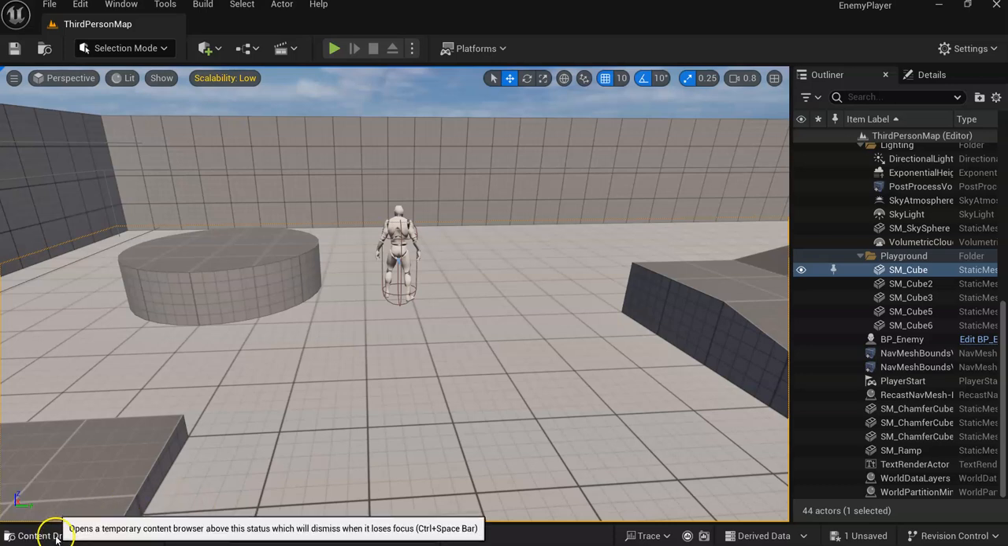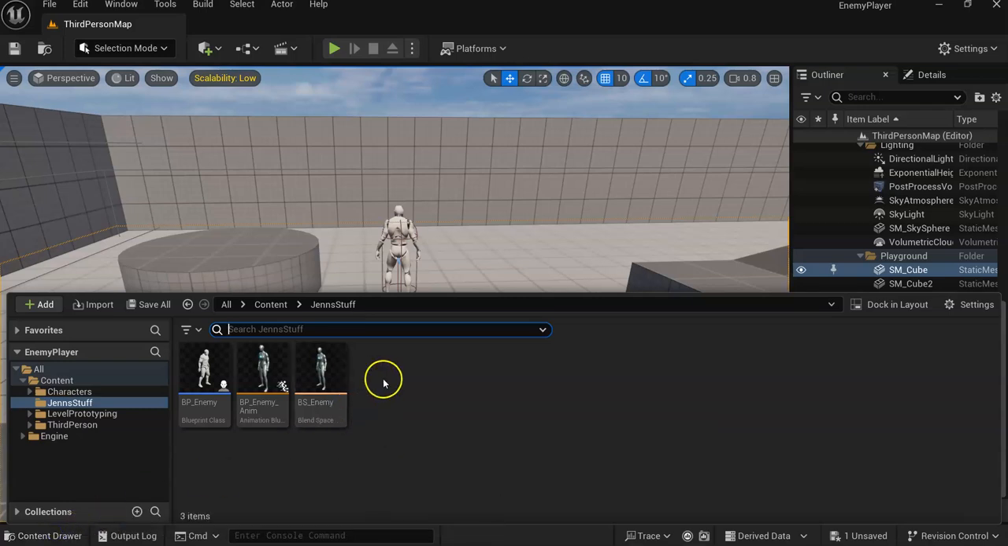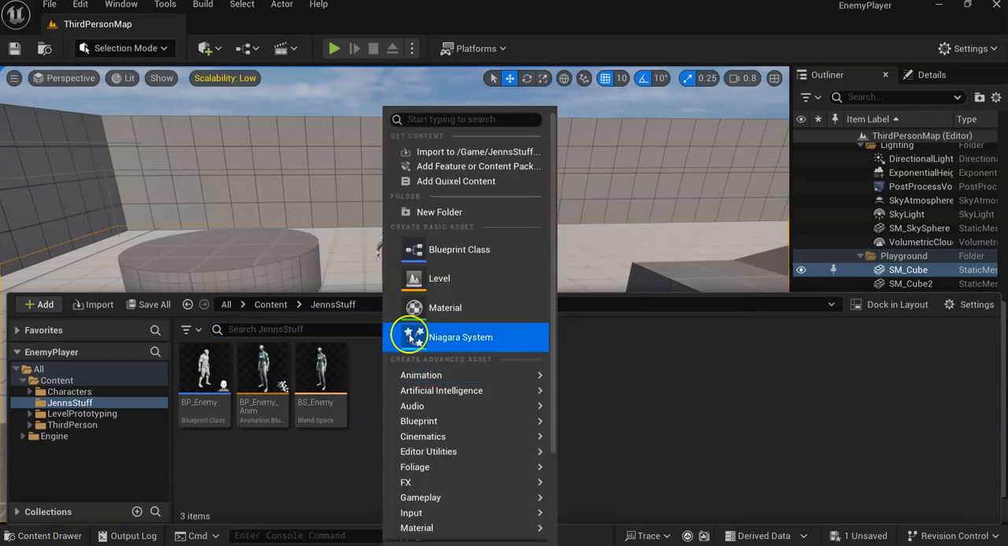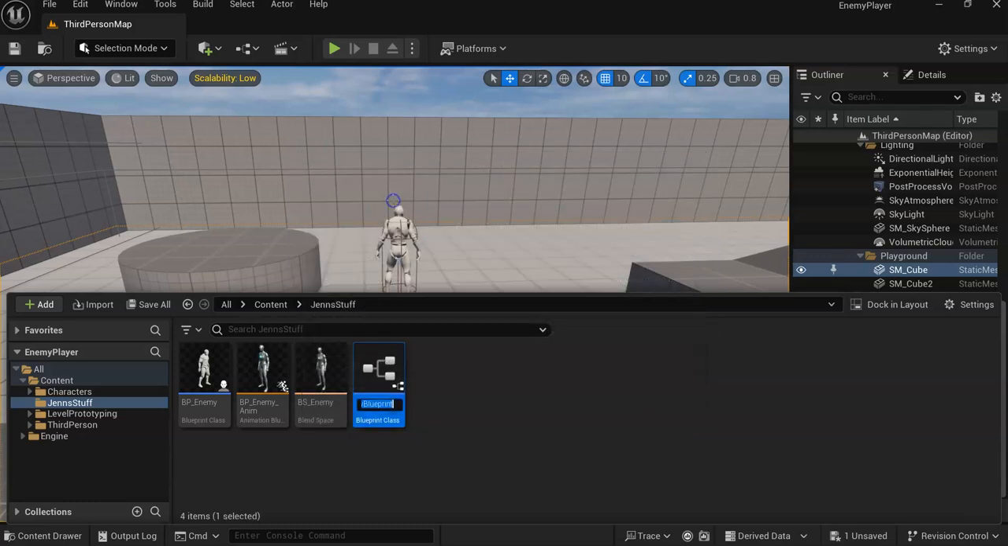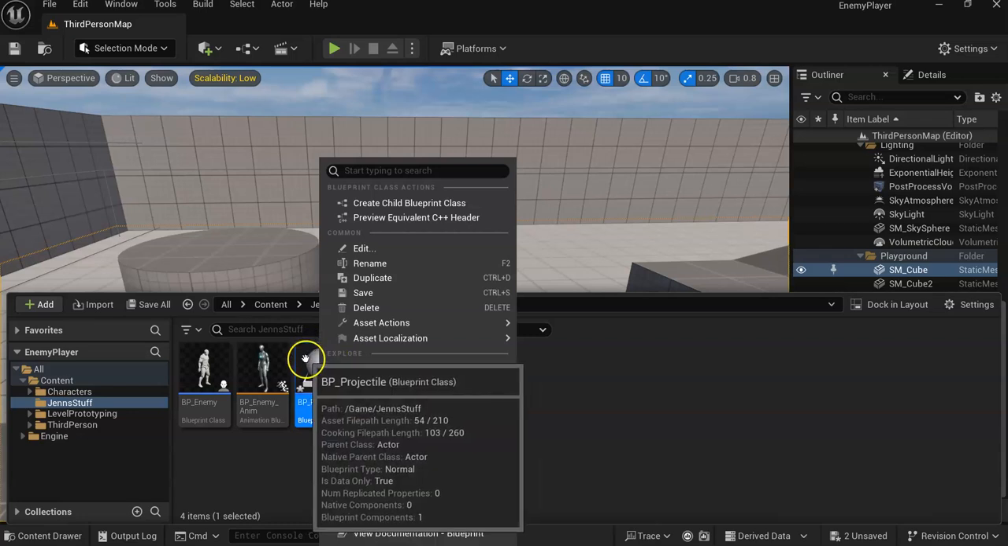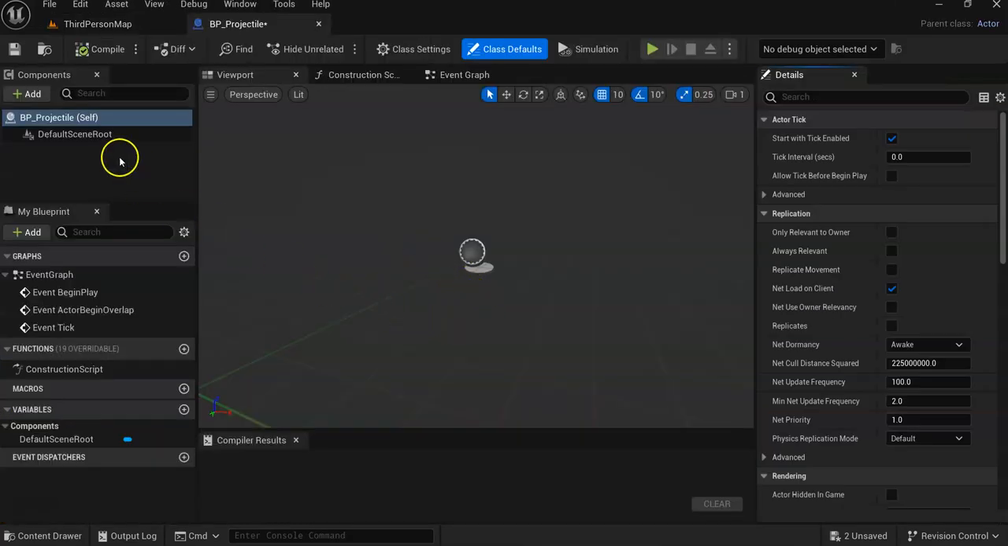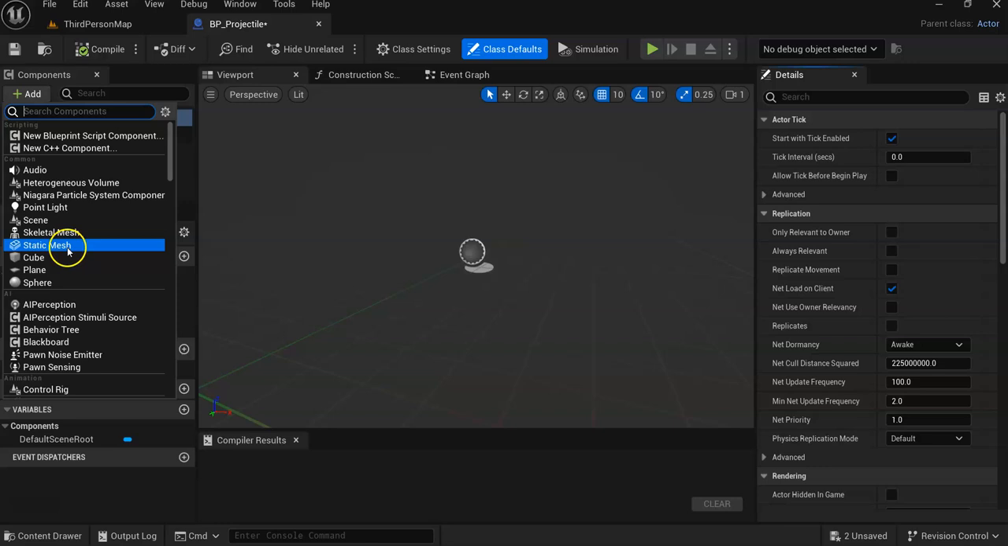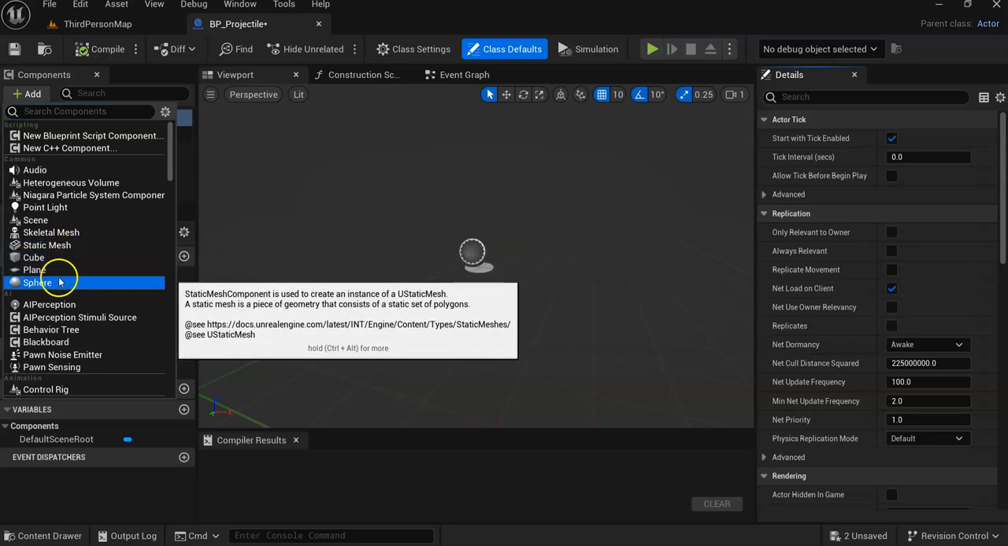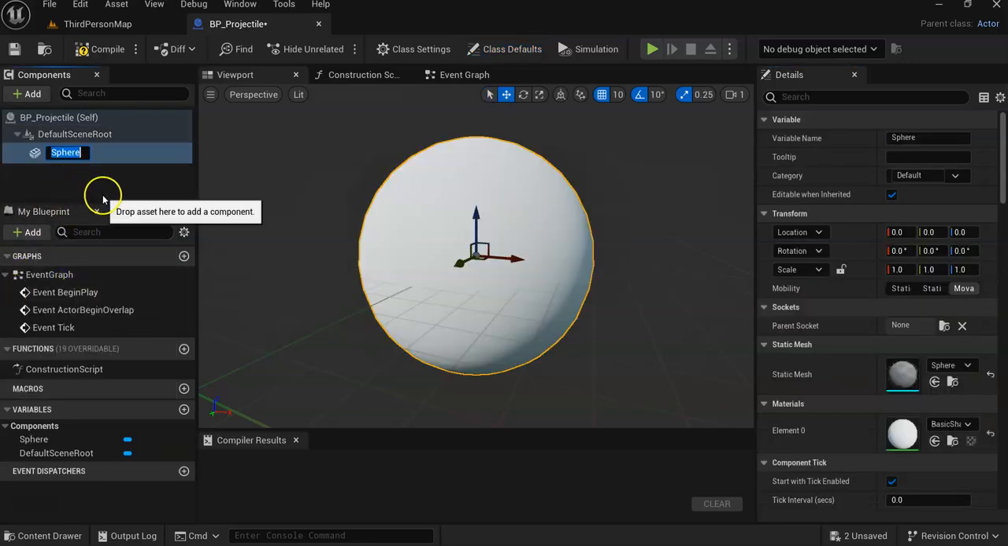So what we're going to do is first we need to create a projectile that we're going to send to it. So just like we've done before, right? This is a blueprint class with actor. I'm going to call it blueprint and we're going to just call it a projectile. And we're going to edit it, and I'm just going to make it a sphere and call it projectile,